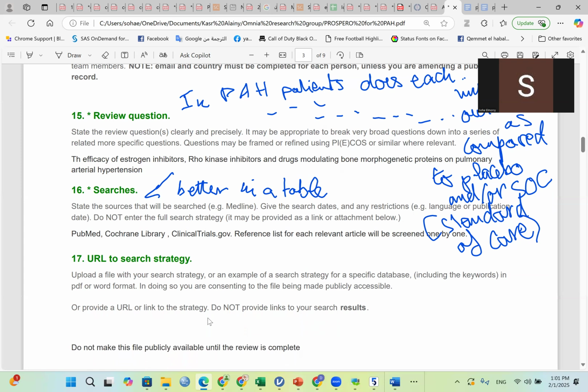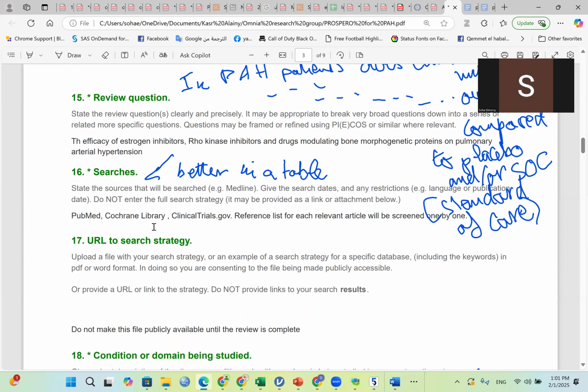Okay, so here, number 16, it's requiring us to list the databases and the sources where we are going to search. And because systematic review is about comprehensive searching, I advise you to write everything here.